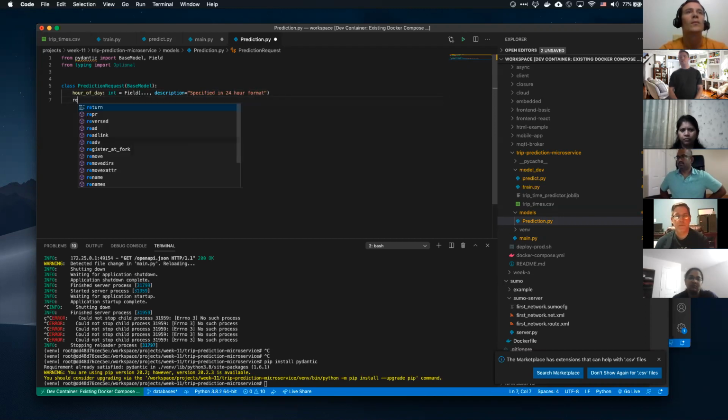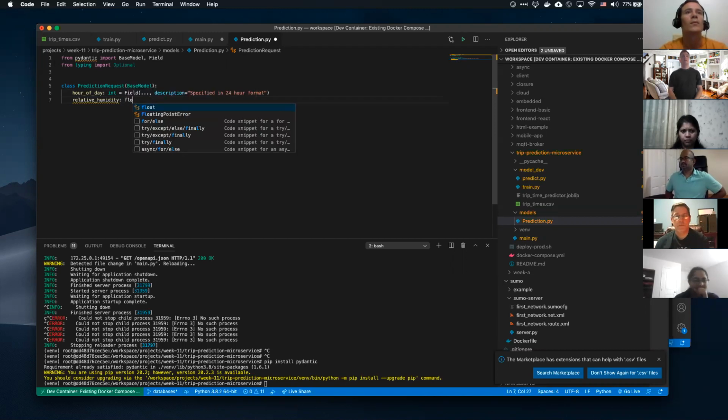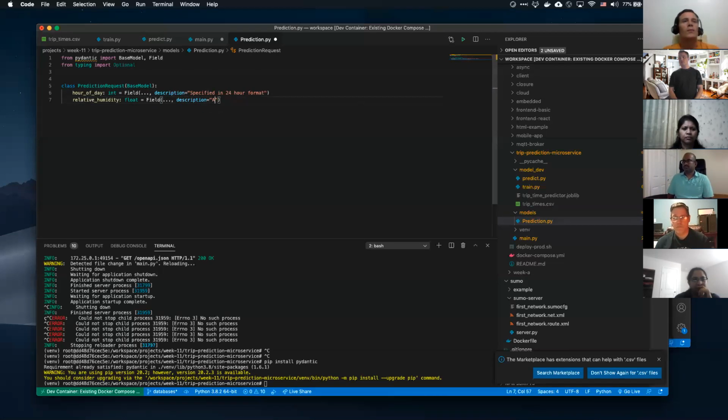Another thing we need is relative humidity. Kind of the same thing, right? Except this is a float. And we got that. And this is specified as a fractional number, right?